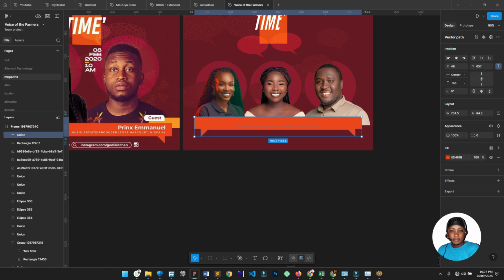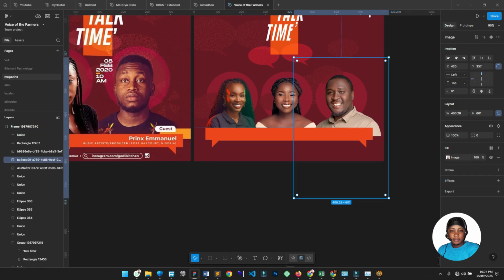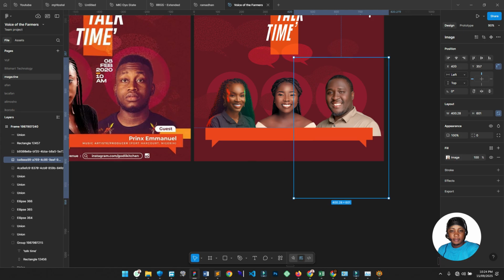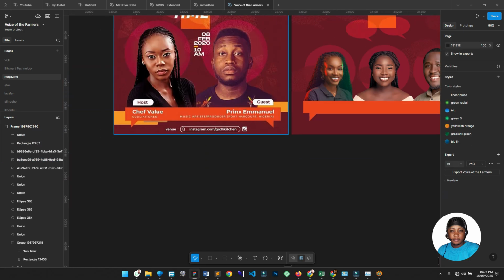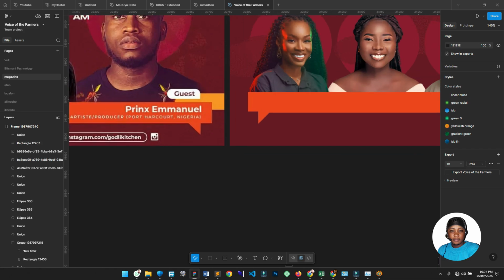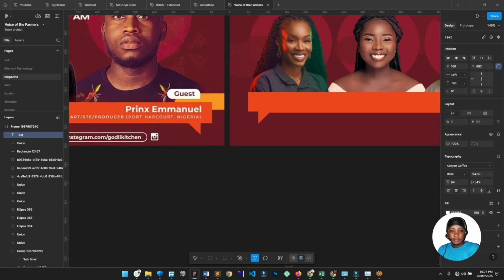So I'm going to centralize this. I think I need to bring this picture in. I don't want it to affect the circle. That's the issue. You just leave it as it is like this. Now the next thing is, I think this is the host and these are the guests. Host and the guest. So I'm going to bring a text here and I'll say